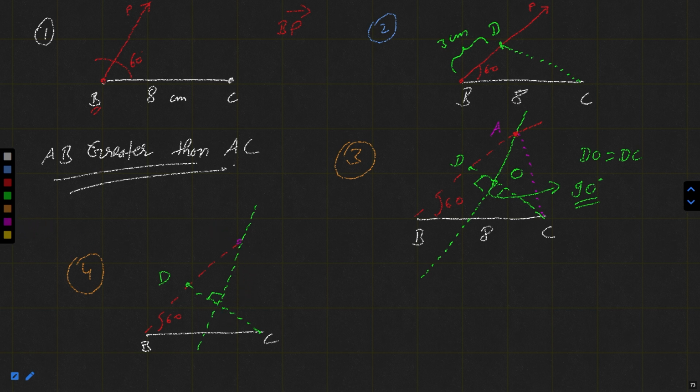Okay, this was our A. Now if you see these two triangles, the point here is O. So this triangle AOD and the triangle AOC,